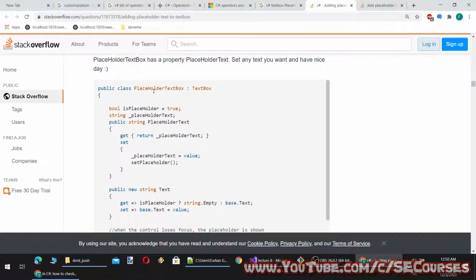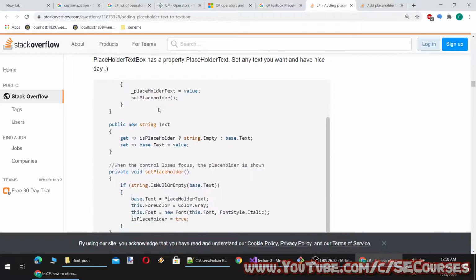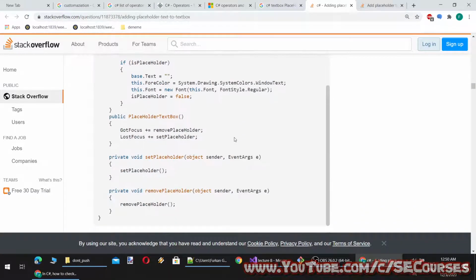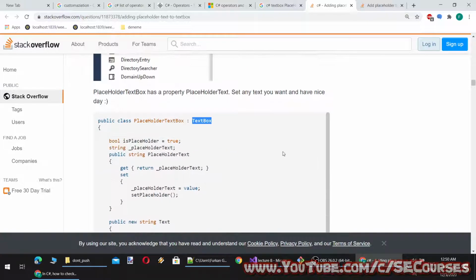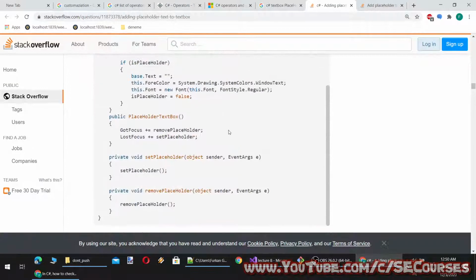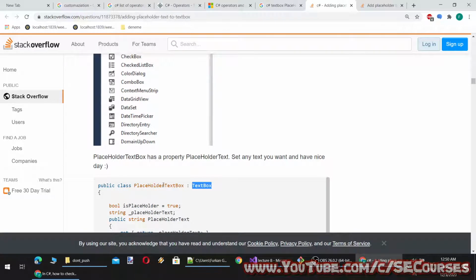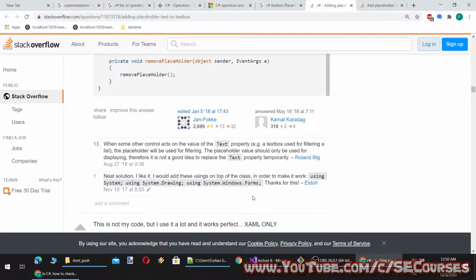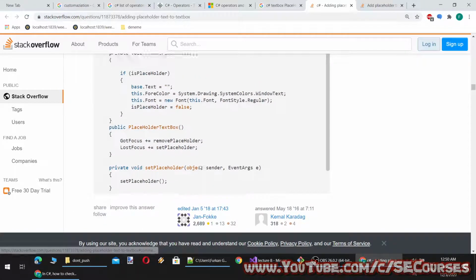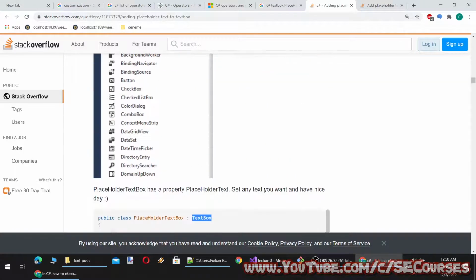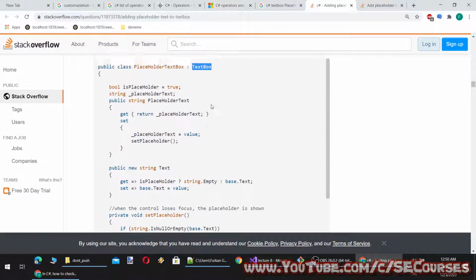Okay, you see placeholder text is a new class that inherits a text box class. And if you use this, I think you can generate placeholder text box objects instead of text box and use them. So this is another way of class inheritance, and you see how useful it is.